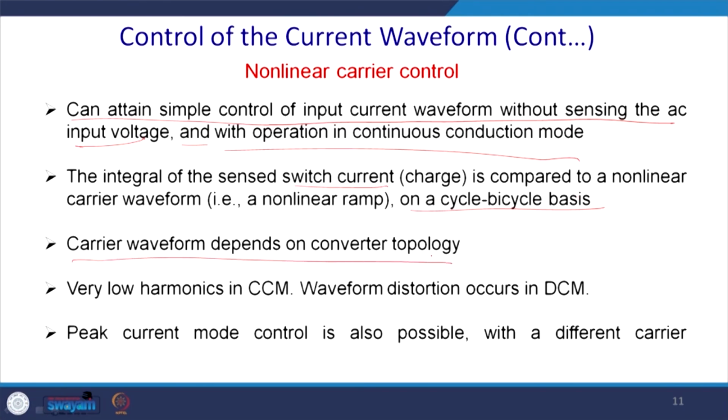Carrier waveform depends on the converter topology. Our discussion totally depends on the boost converter, and that is the simplest; you can carry on this for the buck and others, but you will find a lot of difficulty. Very low harmonics in CCM, and wave distortion occurs in DCM. So, we want to operate this in CCM. Peak current mode control is also possible with a different carrier,